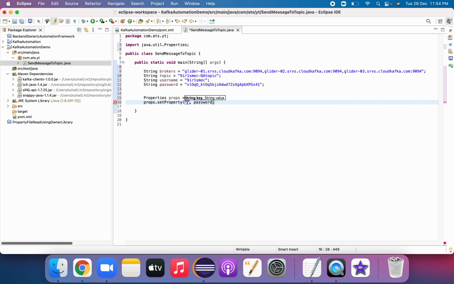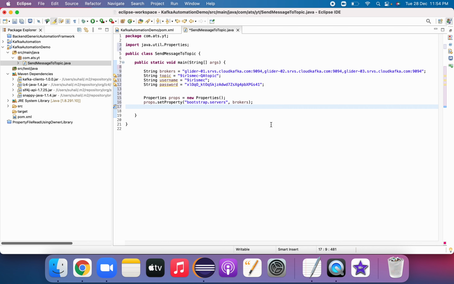The first one is bootstrap.servers. Just give this broker; we have to specify where our brokers are.